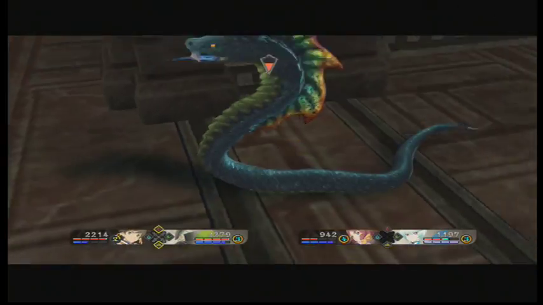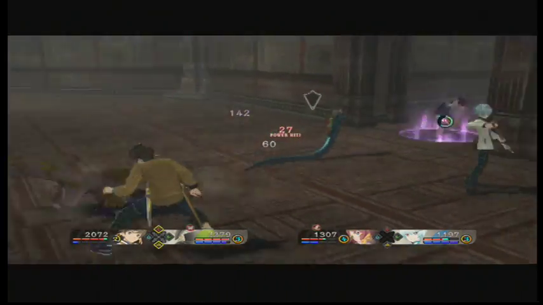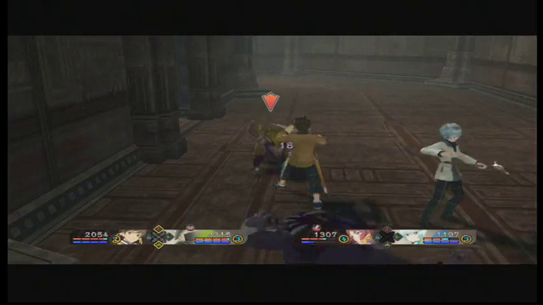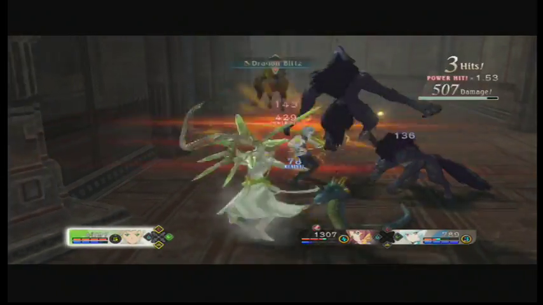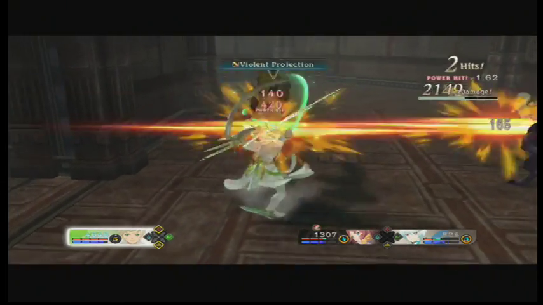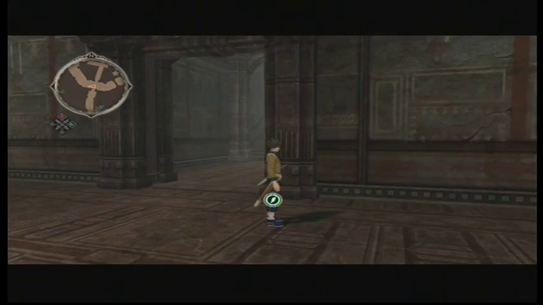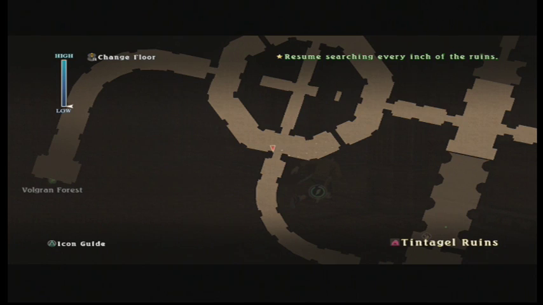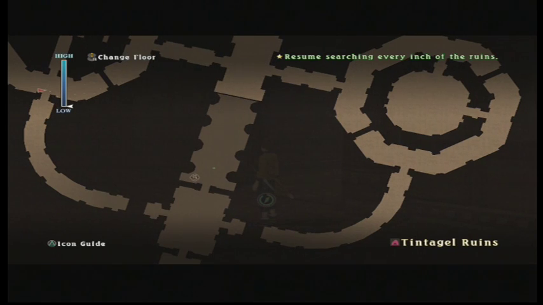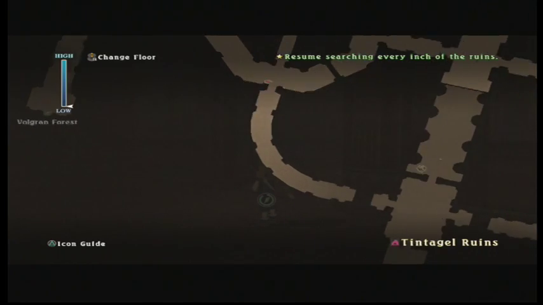Okay, I think there's one more switch, and I have to go to the other side of the floor. Offer your protection! Violent protection! Sweet dreams! Purification complete! But I think I have one more switch because I already got the one up there, and where I got the gym, there was a switch there, and I already stepped on that. So I think that the other one is over